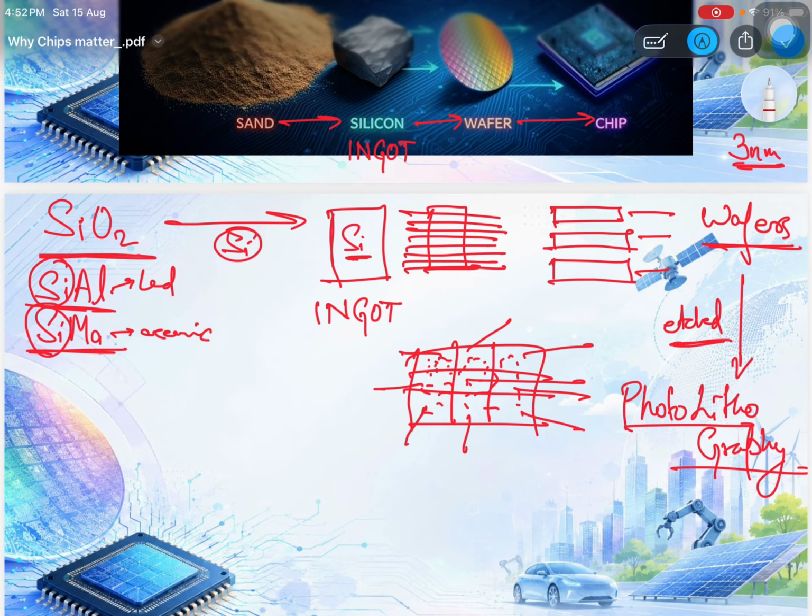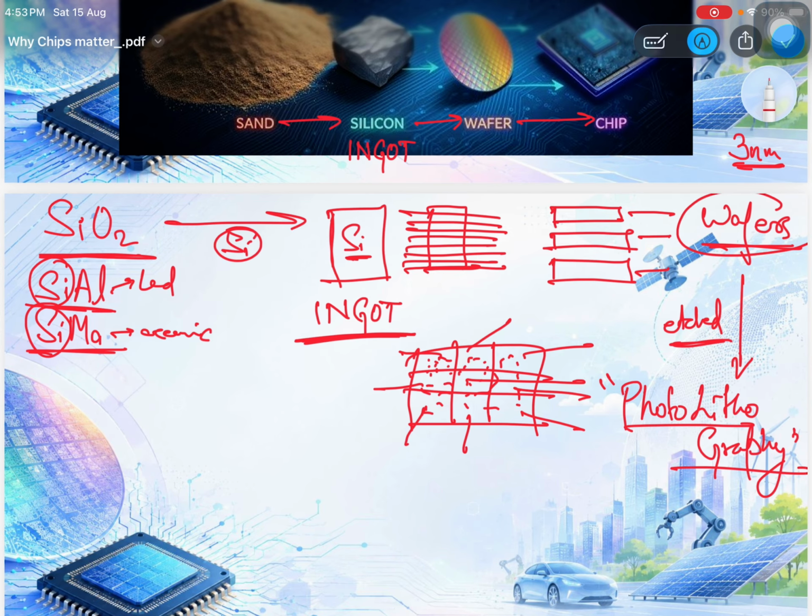This is a very basic explanation of it, but this is something which you should know, especially the technical terms like what is photolithography, what is etching, what wafers are. It came in one of the PYQs which I was dealing with, but it was not a very direct PYQ of the semiconductor topic. What an ingot is, what a silicon ingot is. So these are some terms which you should be familiar with. Okay, you need not go into the physics detail of it.